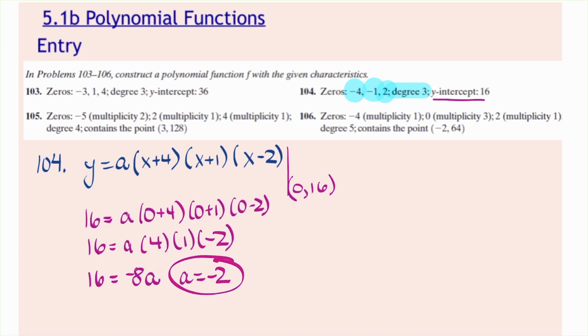So finally, I can write my polynomial. We're going to keep it factored. That's going to keep it cleanest. So it's just -2, our a value, times x plus 4 times x plus 1